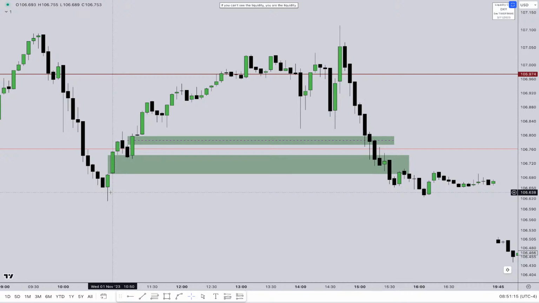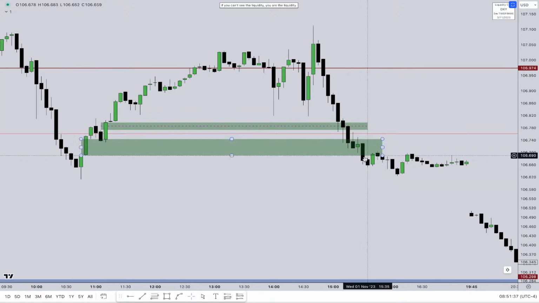Right there when price closed below this fair value gap, I mentioned that I want to see price trade and take out this inside liquidity. It did also close below this fair value gap, traded back up here, traded the high of this fair value gap as resistance twice, as you can see, and then it gapped lower, gave up the ghost, created